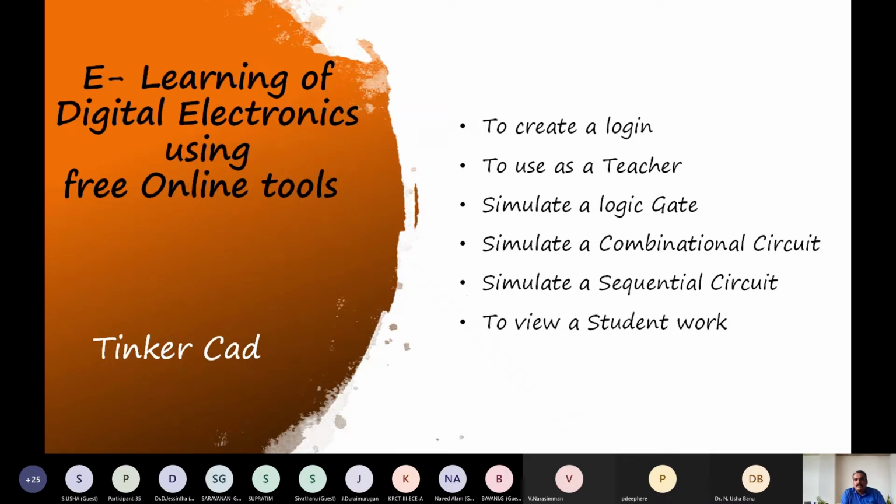If you are interested, I will give you the class code so that you can also simulate, and I will share how you are performing your simulation, right? In order to work with Tinkercad, I will be using a simulation of a logic gate, a simulation of a combinational circuit, and a simulation of a sequential circuit, right?